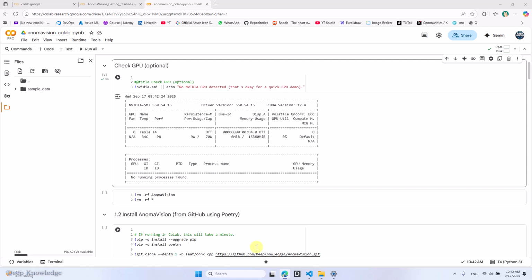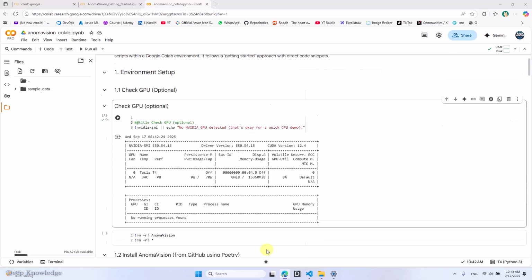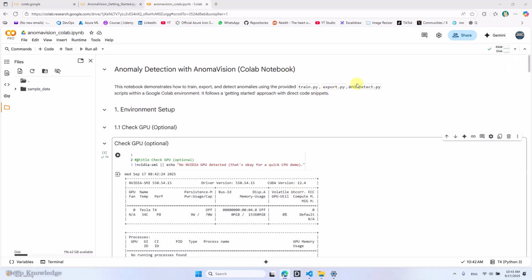Because I have no GPU attached to my notebook, I'm trying now to run AnomaVision on Google Colab and compare the inference. I mean, it will do the train, export, and also detect. We will see how to do this